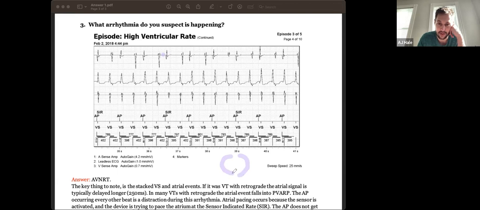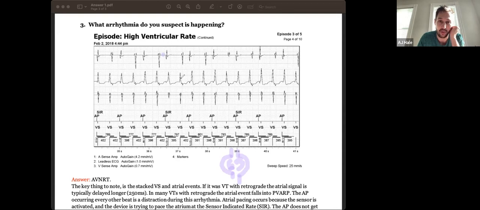So you have your AV node here, right? It's going down to your ventricle. It's going up to your atrium. So this is kind of just going on. And once again, I am not an EP, but imagine that's an arrow. In this case, it's kind of just occurring on its own in the ventricle, right? So this signal is just running around in a circle. It's running up to the atrium. It's running down to the ventricle. It's running up. It's running down. And the quick succession between A's and V's